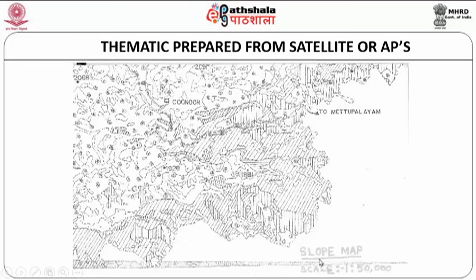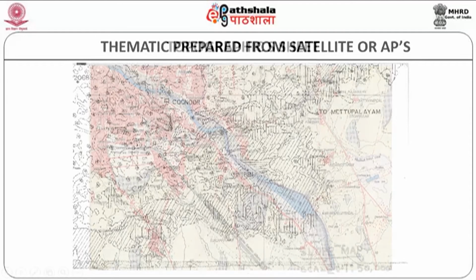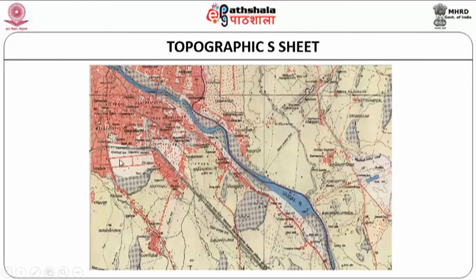Yes, this is an example of a slope map depicting various features at places, along with some of the names given in the map, and that is also of immense use while you are preparing a map. It is an example of a slope map on a 1:50,000 scale. Topographic sheet: in detail, we have seen how topo sheets are all prepared and things like that.